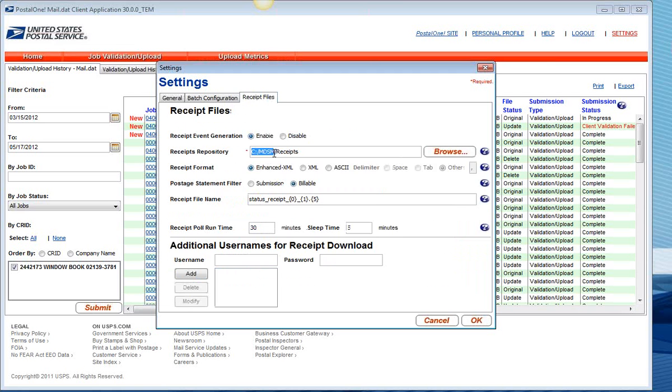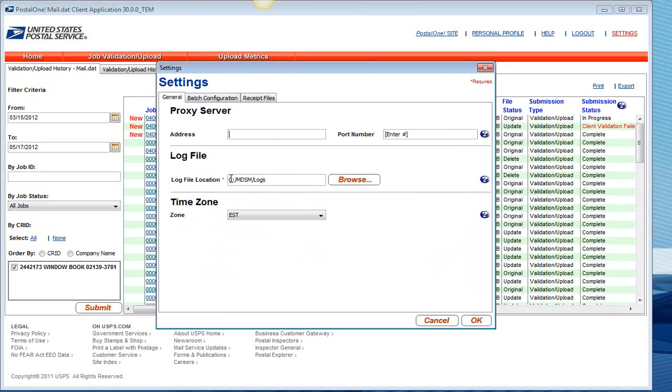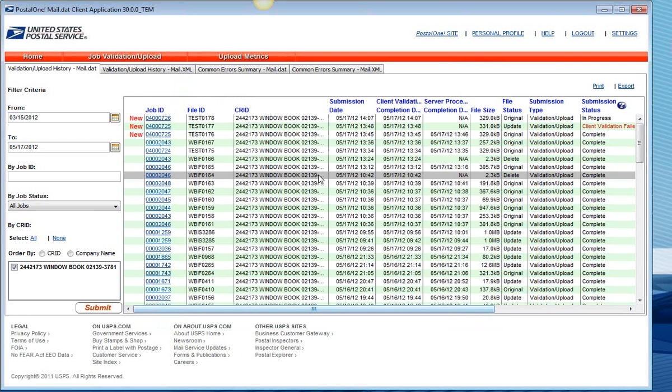And there's an additional folder here and another over here. So basically, you're communicating with PostalOne in a batch environment now through a series of folders rather than working in the interactive mode as you are here. You can drop as many jobs at one time into that batch system as you'd like, and they